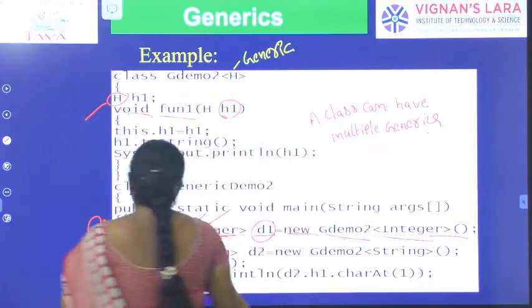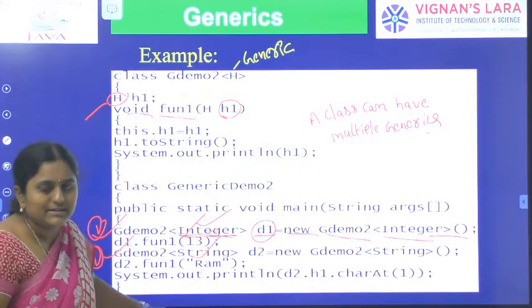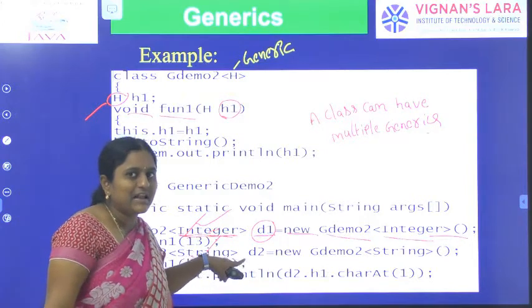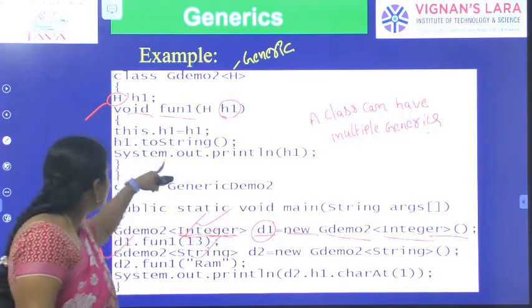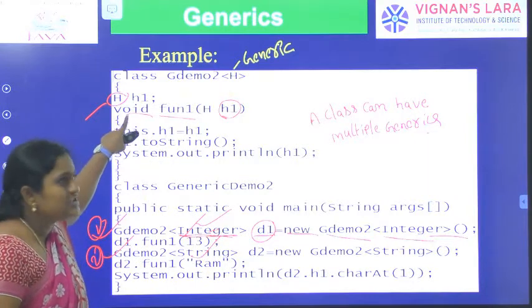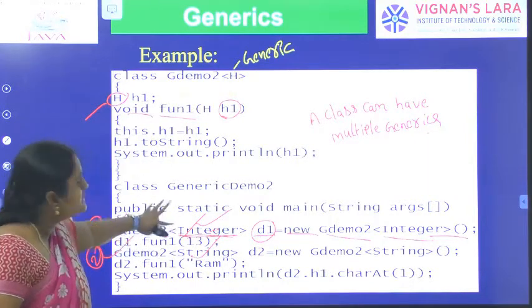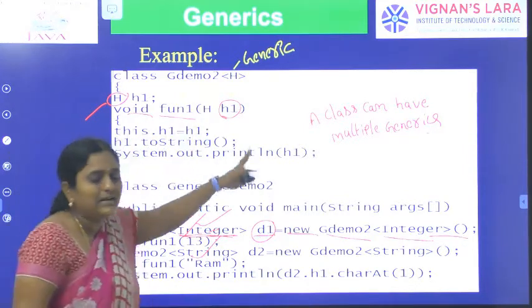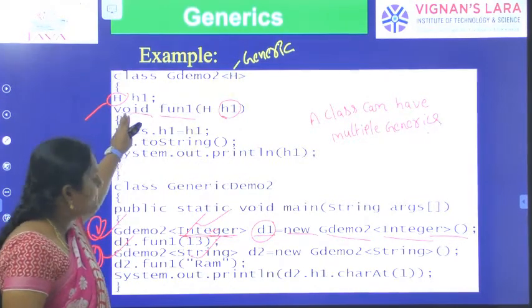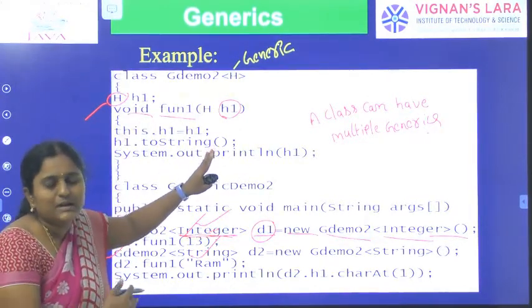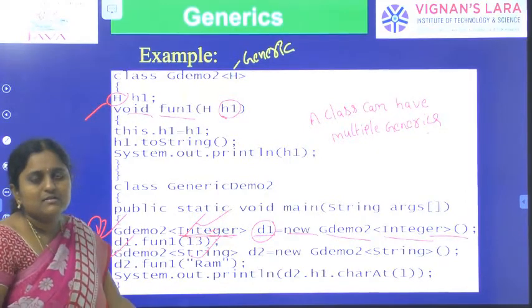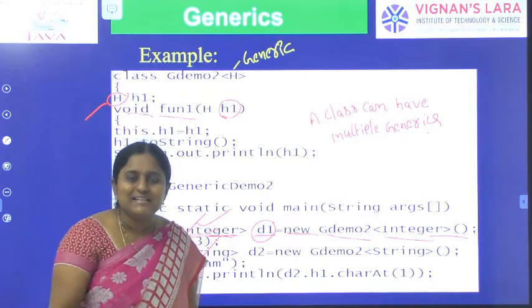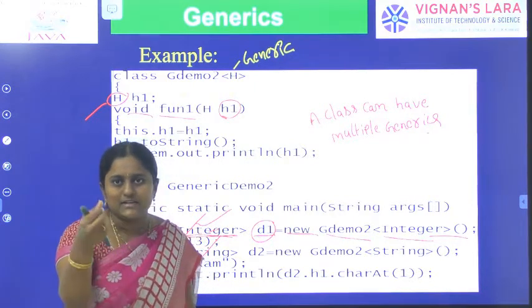After that I am creating one more object, because a class can have multiple generics. It is our generics program. GDemo2 String. So here what is the data type? String. Suppose I define int h1, it means only integer type is possible. Suppose I define h1, it means it is a temporary data type. Whenever the JVM finds this, it blindly creates a generic type. It is a temporary data type which holds multiple data types at compile time, because we mention a data type at the time of creating an object of the class. It is an element whose data type is mentioned by the user at the time of creating an object of the class.